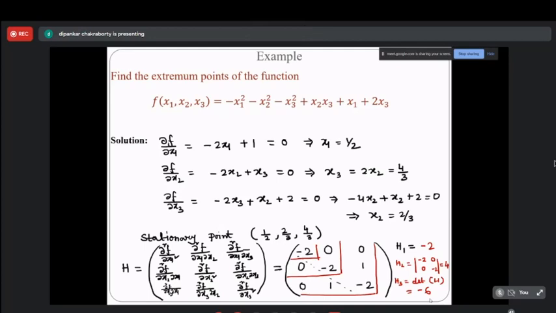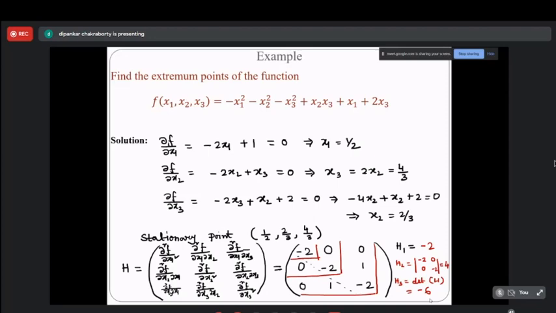What is the nature of the matrix? Negative definite. Very good. How do you understand that? First thing you need to remember is that the first one will be negative. Next, you have to see whether they alternate in sign. Alternate sign means odd order will be negative and even order will be positive. So odd order principal minors will be negative and even order principal minors will be positive.